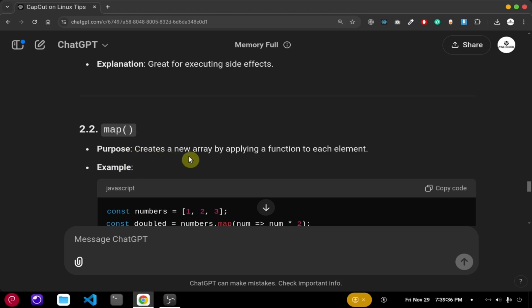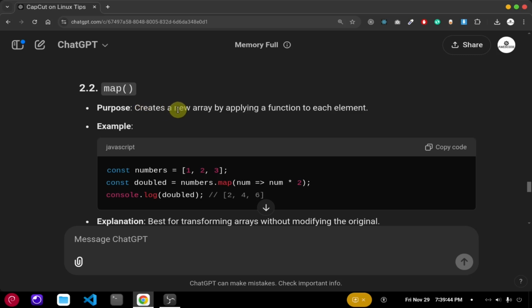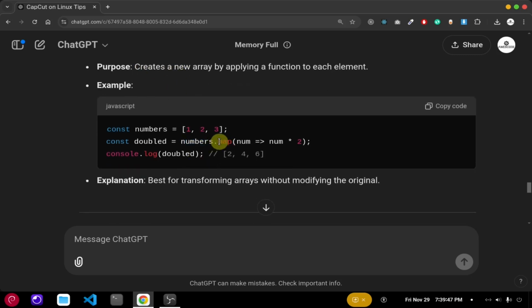So purpose: create a new array by applying a function to each element. This is our main array, and array.map will create a new array by applying a function to each element. This is our logic: we get every item. Whenever our number is 1, 1 times 2 will be 2, and then our first element's execution is